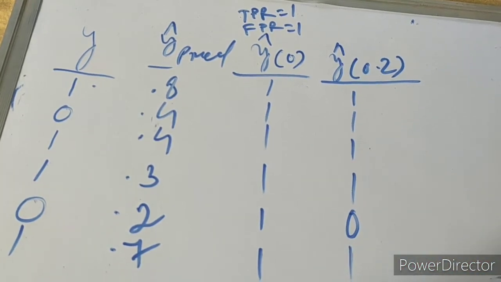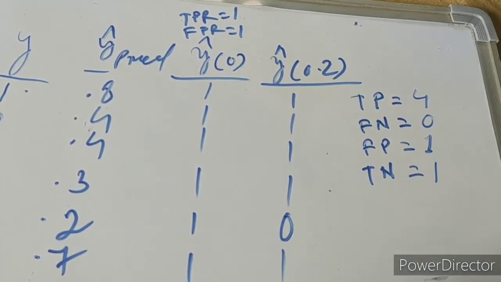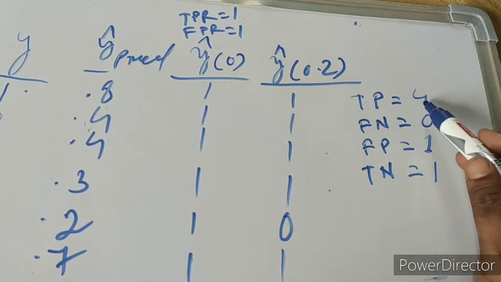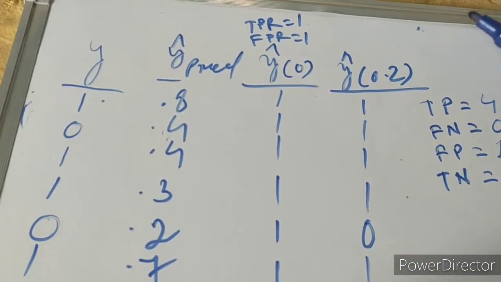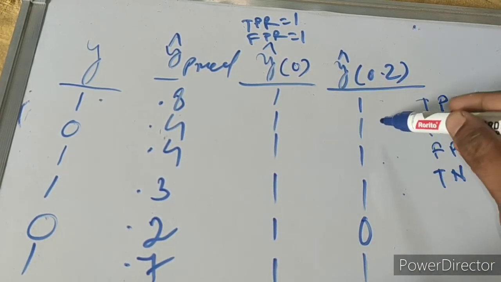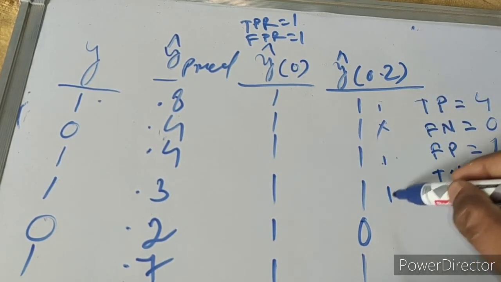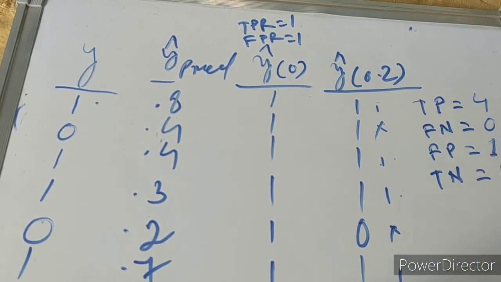And this is 1. So let's calculate true positive, false negative, true negative, all these things. So as you can see, I have noted down what is our true positive, false negative, false positive and true negative. So here as I have written down, 4 is our true positive. If you see, when actual value is 1, this is 1, this is 1, 2, this is not, and 1, 2, 3, and at the last 4, this is not. So 1, 2, 3, 4. So 4 is our true positive.